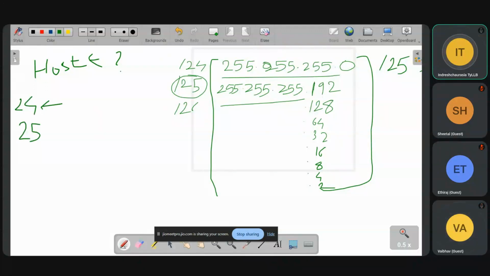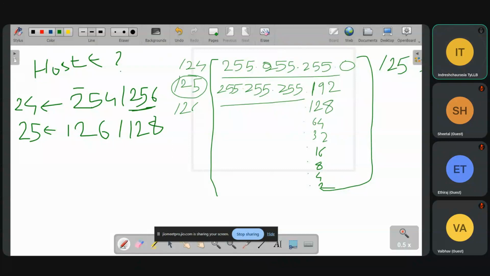Tell me how many hosts for slash 24 and how many hosts for slash 25? 126 for 25. Here 254, minus 2. The number of IP addresses available is 256. Here the number of IP addresses available is 128, and in that 256, only 254 are available for use. When I say 128, how many are available?